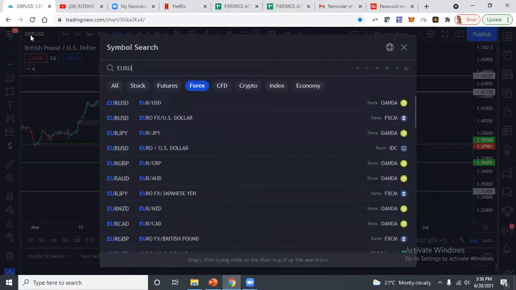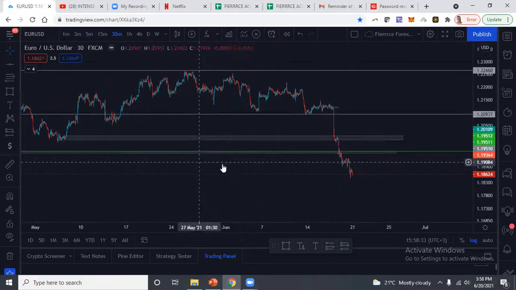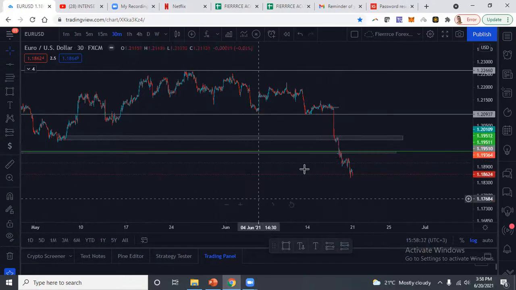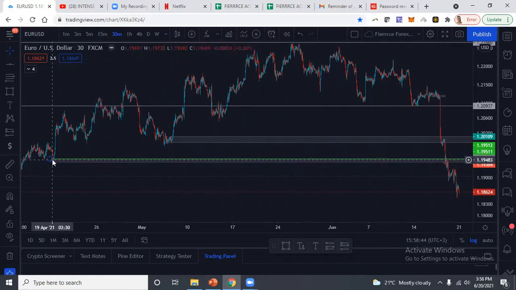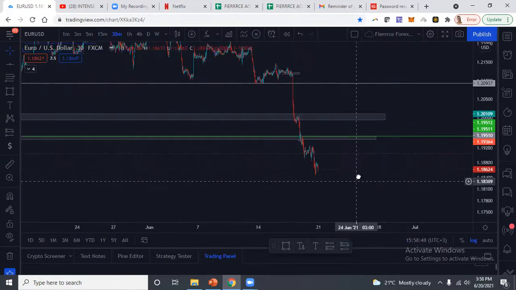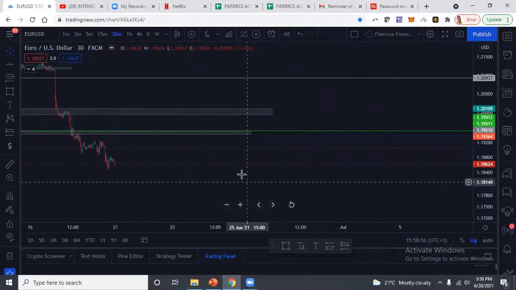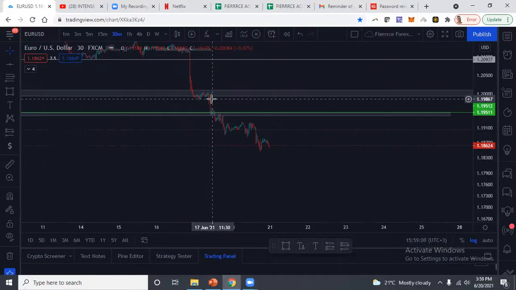Euro USD, like I said, looking very much like what gold was looking like. Euro USD broke structure at this level. It again broke structure at this level, and it just continued dropping. As you can see, this previous level was retested. So we are still looking bearish because we haven't even yet retested this level. We attempted to get back here but failed, and the momentum just keeps scaling lower highs, lower highs, lower highs.